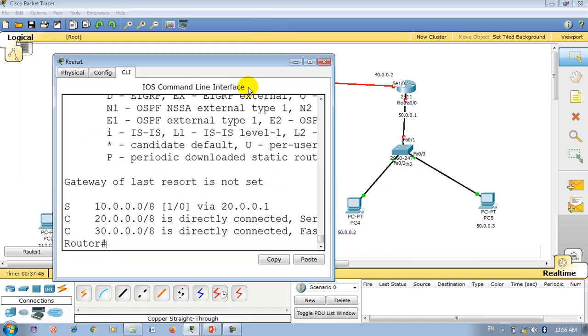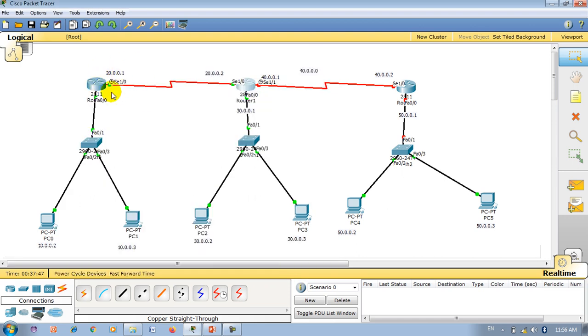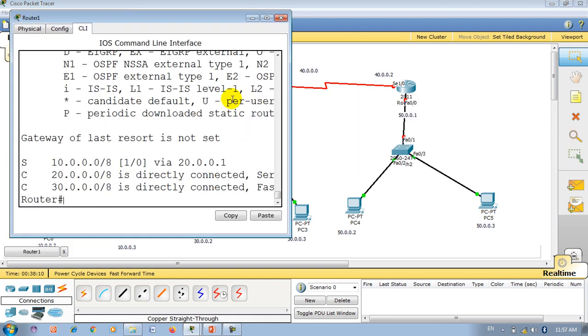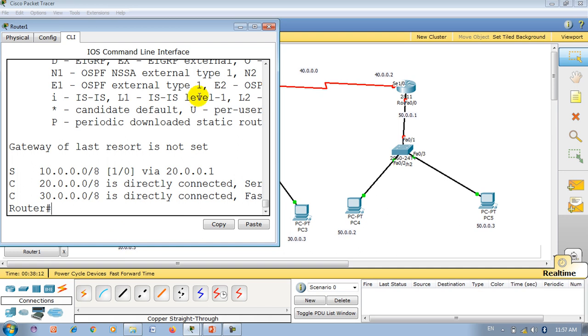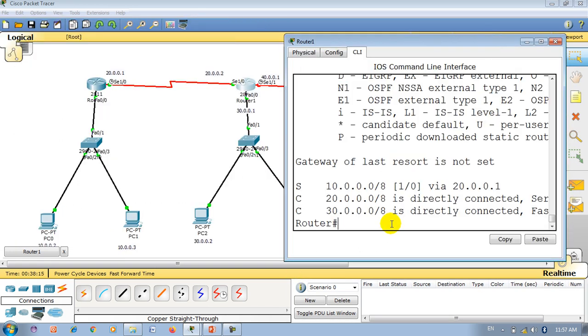Now again you can see the clock here and also a clock here. For this network we consider this the master and this the slave. But for this network this will become the master and this will become the slave. So here it is required to give the clock rate, because for this network this is the master that will provide the clock to this router. Please remember this. So let me configure this first.